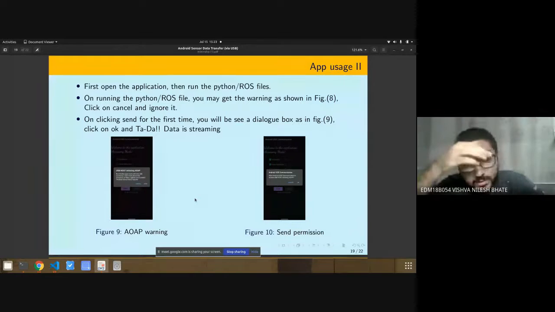I wasn't able to catch this action in the Android application, and I found there's no workaround for this as yet. So you can just click on cancel over here. You will get this dialog box once. Click on cancel, then select the sensors which you require. Click on send, and it will say, allow USB to communicate.